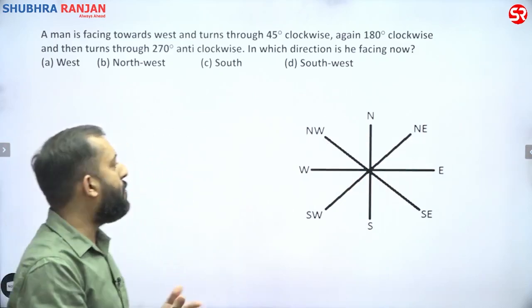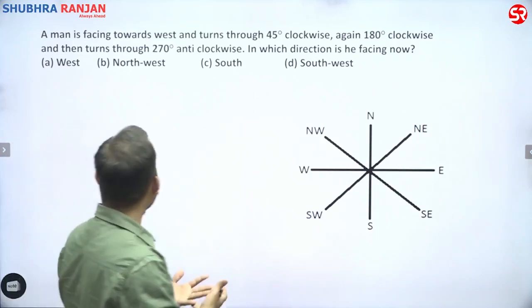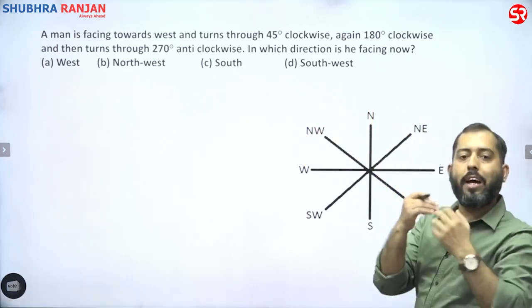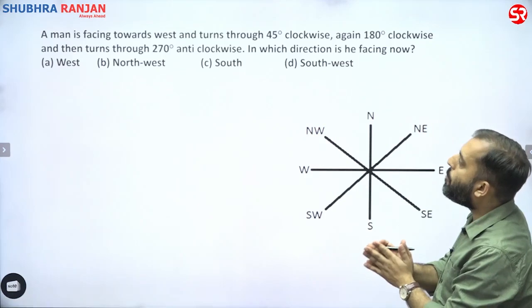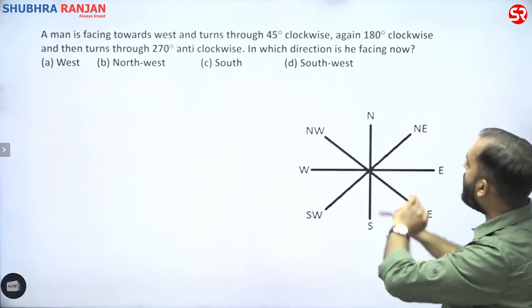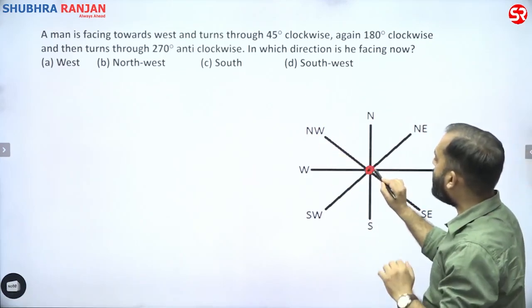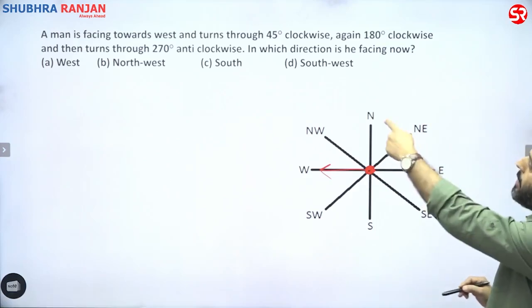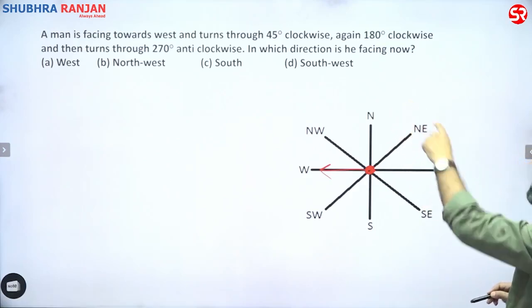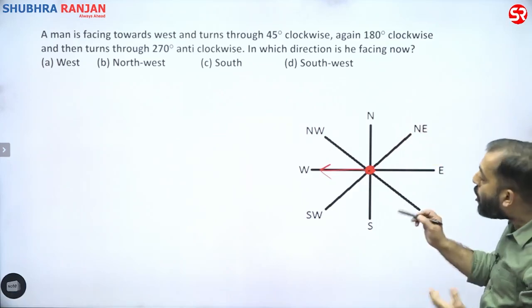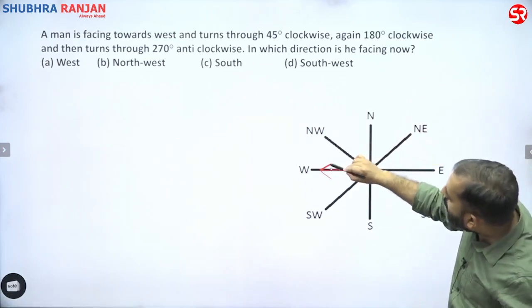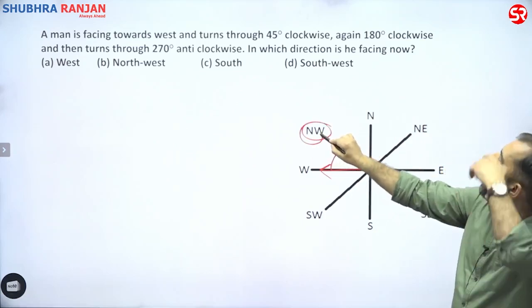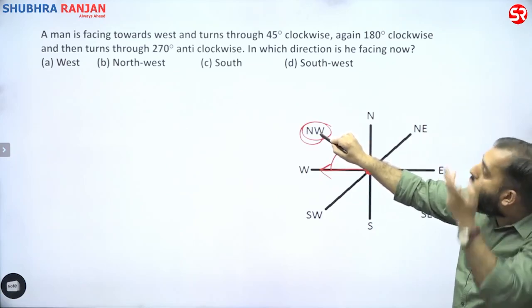Now, one way of dealing with it is, first of all, you will assume this case and you will draw every given situation. For example, you may start like a man is facing west. So there is a man at the origin and this man is facing west like this. You can start with this, and then this man turns 45-degree clockwise. If he turns 45-degree clockwise, then the man will reach northwest.